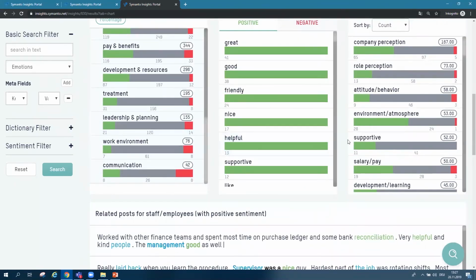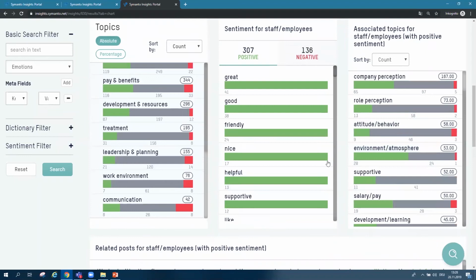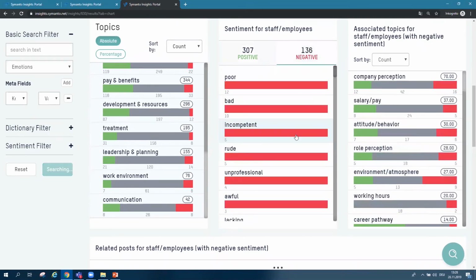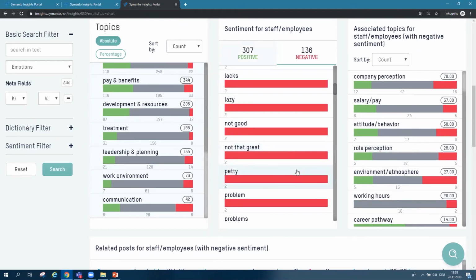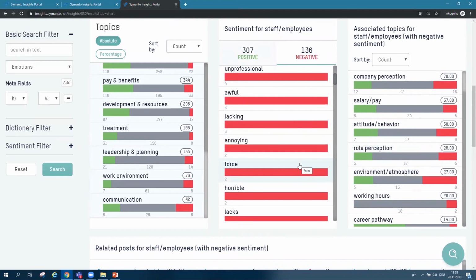What is very interesting, what we've heard also from our first users and clients, is that this part that you see, really how they describe their positive or negative experience, is one of the things our clients very much appreciate, because like this you have a much better overview going beyond sentiment, knowing exactly how the experience is being described and perceived.